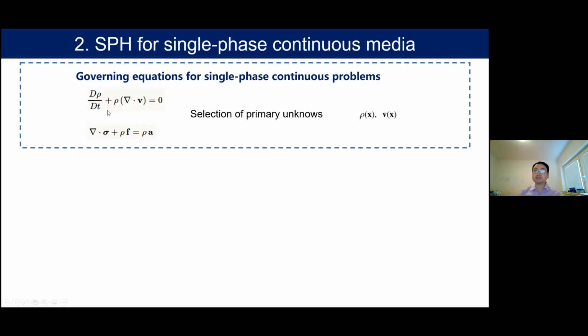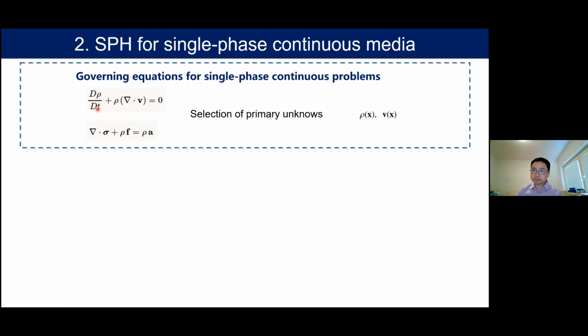This one is the mass conservation equation. It is written in a Lagrangian form, which means that for a material element, its change